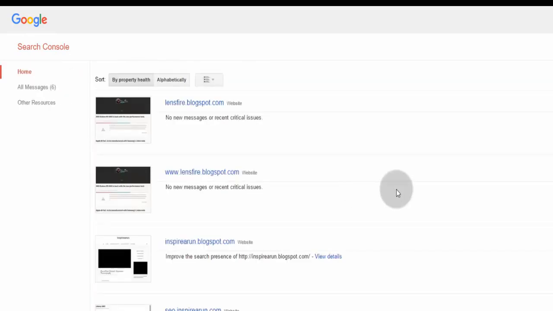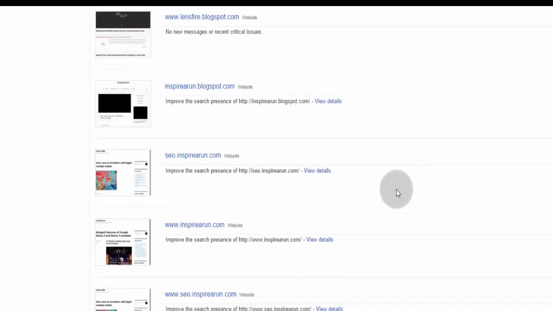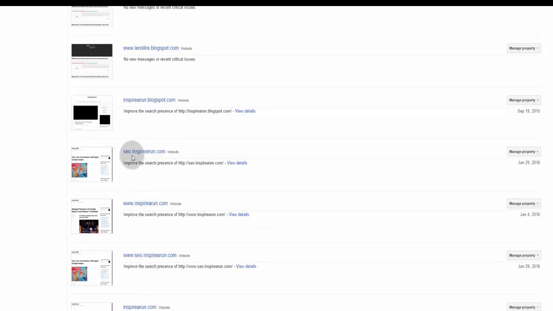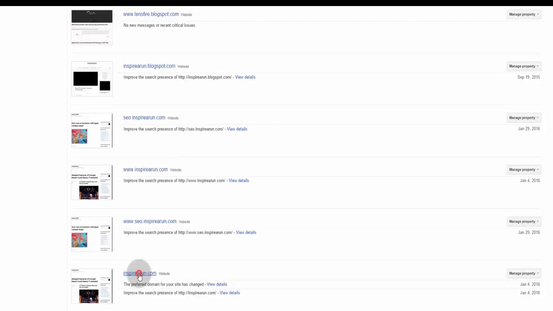Once you have added the www version of your domain name, go to the naked version. For example, I have added www.inspirarun.com and inspirarun.com. Similarly, I have added seo.inspirarun.com and www.seo.inspirarun.com. In this case, I don't want two results to appear in Google search results, and even if I want it, Google won't allow that. And all of the content in this website will be termed duplicate content. So to avoid that,